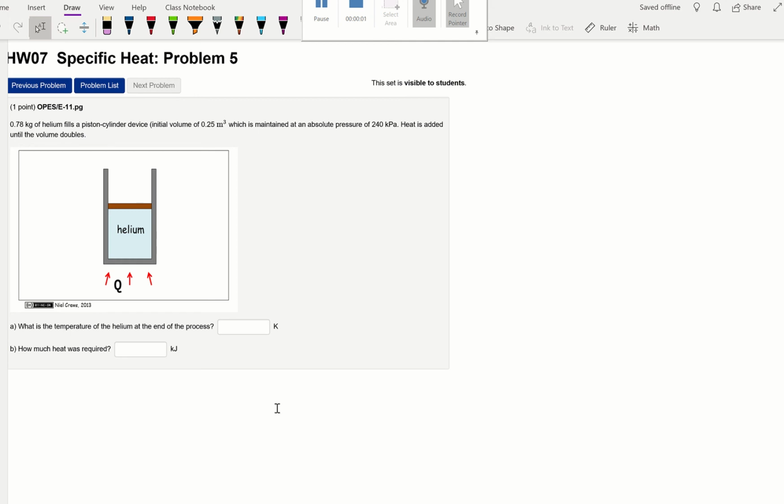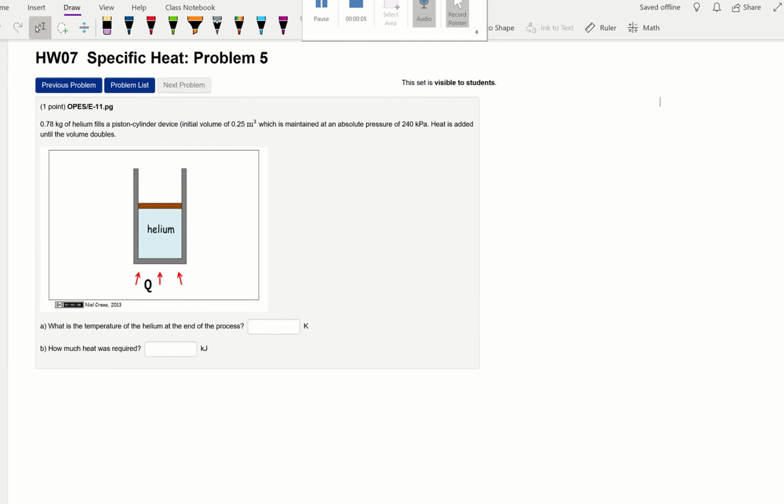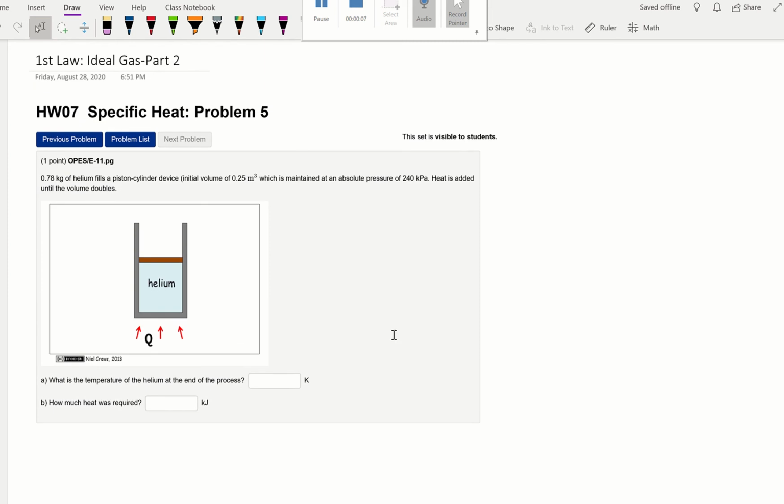In this video, we're gonna look at the first law and its ideal gas. So let's write down what's given. The mass is 0.78 kilogram and it's helium, so that's ideal gas. Initial volume 0.25 meter cube and maintained at pressure P1 equals 240 kilopascal, and it's maintained, which is saying